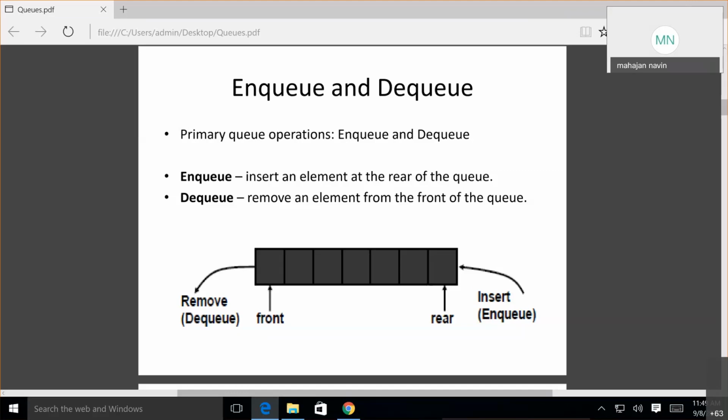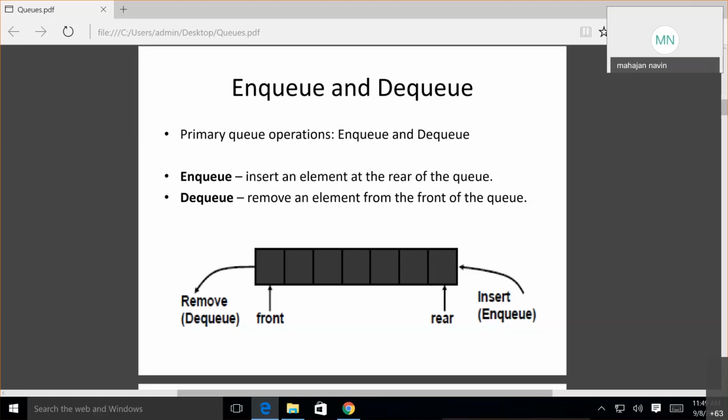Okay, fine. So now this is a static queue. The primary queue operations are NQ and DQ, which are inserting an element into the queue and removing elements from the queue. This is a linear queue, implemented with arrays. So we have a number of cells where elements can be inserted.